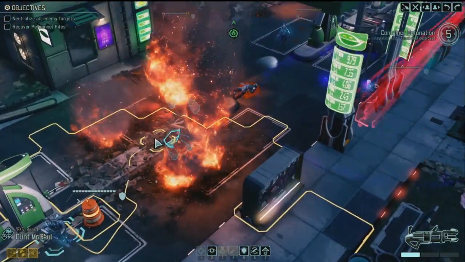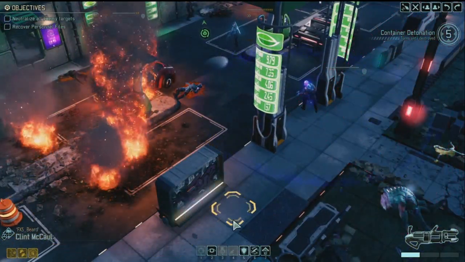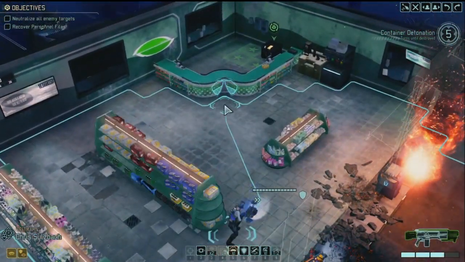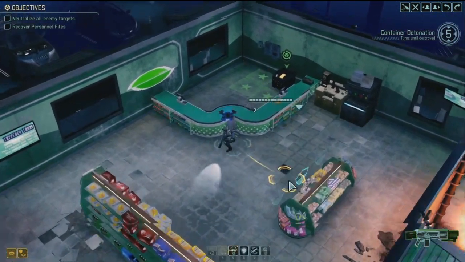Clint is looking at that destruction, just tallying it up in his head. Well, that's a cost overrun for this mission, I guess. I guess I'll just write that up in the weekly report. Designers said destruction was necessary in order to...